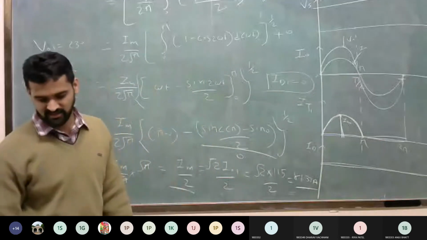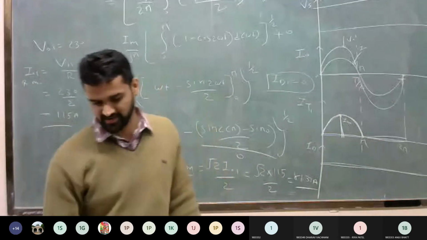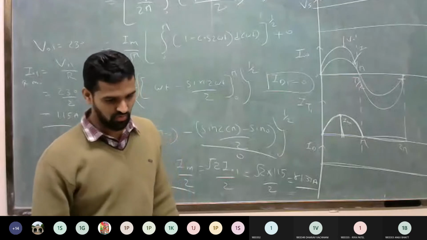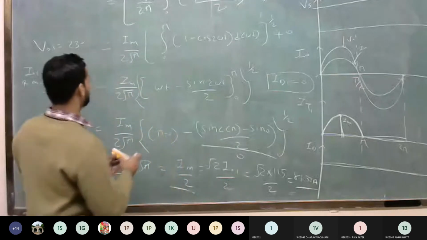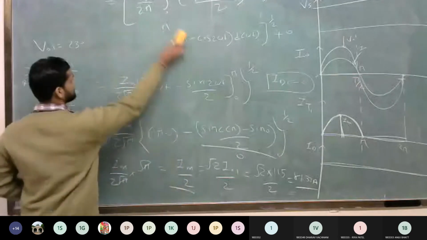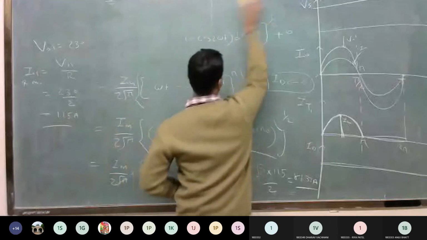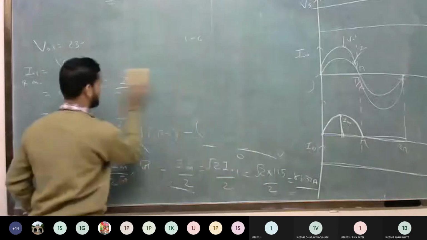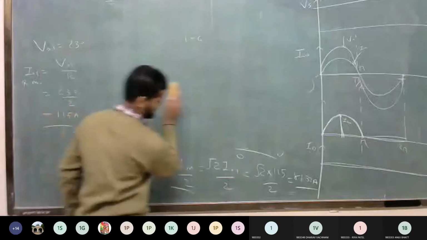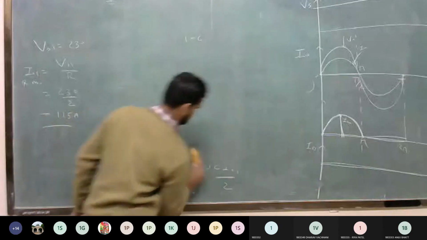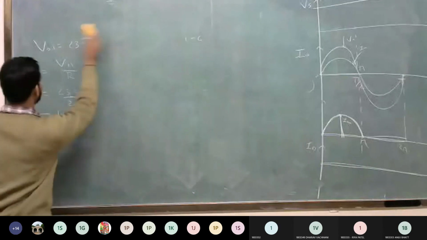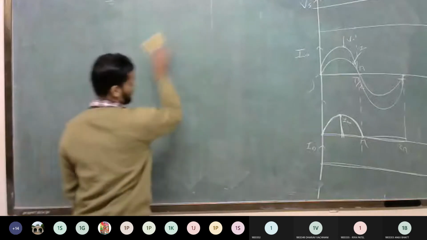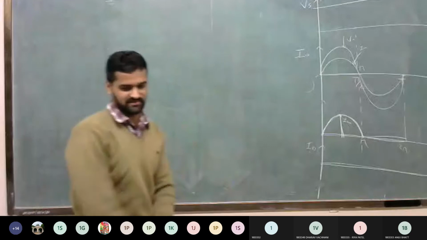So this is the answer for thyristor and diode current for the first case when R is equal to 2 ohm. Now for the second case, let's calculate again the RMS current of thyristor and diode. Allow me to calculate and give you the answer, but before that, allow me to draw the waveform like this.